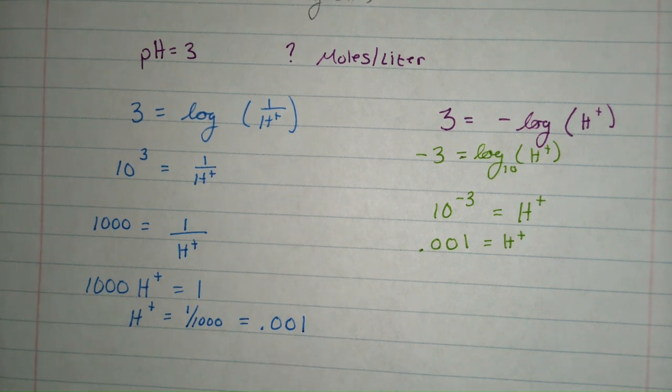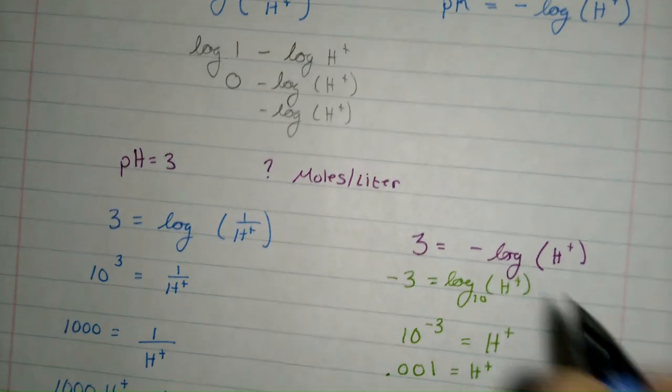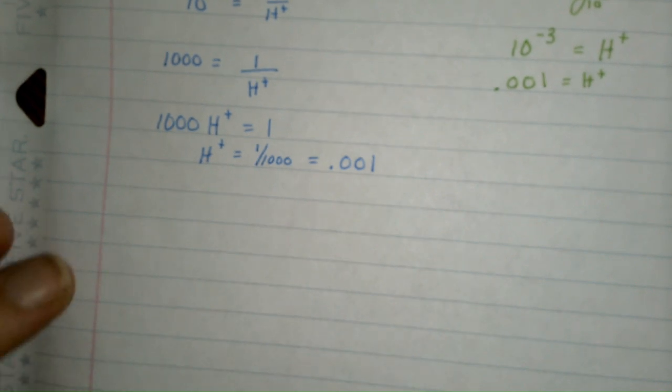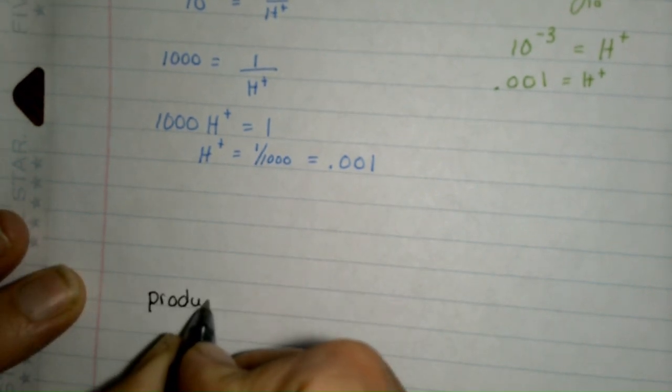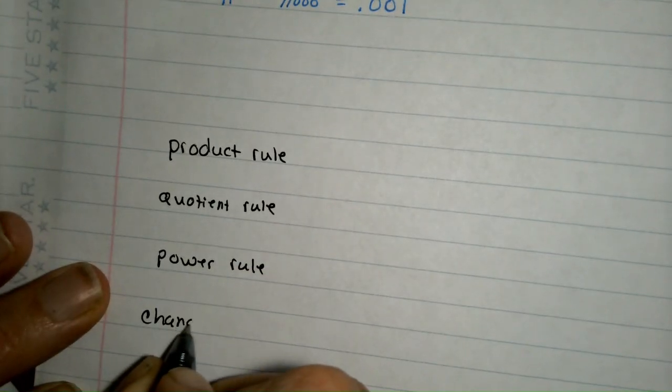So both are going to work. It just depends on which format you want to be in. So keep that in mind. One other thing to keep in mind, I don't know if I said it, is that your base will always be greater than 0. It will not be a negative base. It will always be a positive base. So the rules that we had, just a quick refresher at the end, is we had the product rule, the quotient rule, the power rule, the change of base rule,